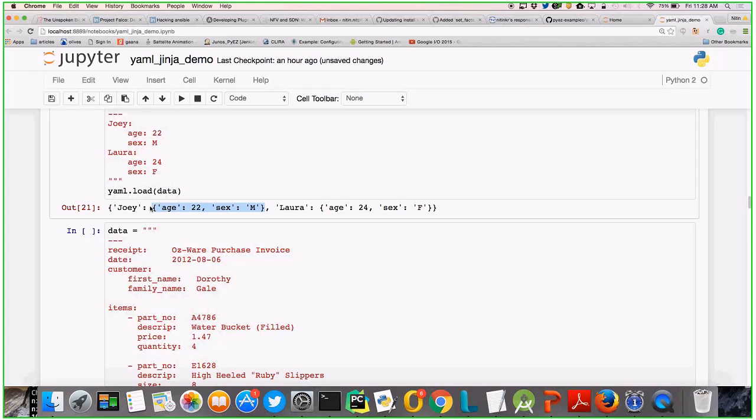To get this age, I can just do x of Joe and then age. Okay. So in a dictionary, you need to use the key. Any question till now? Any doubt? So this is how we generally define any YAML.